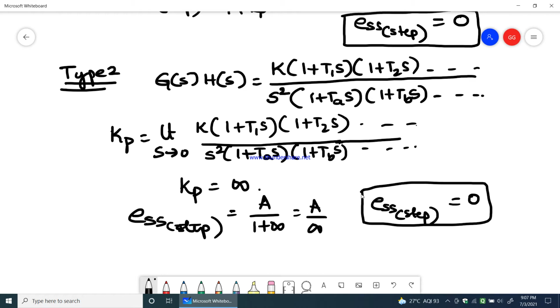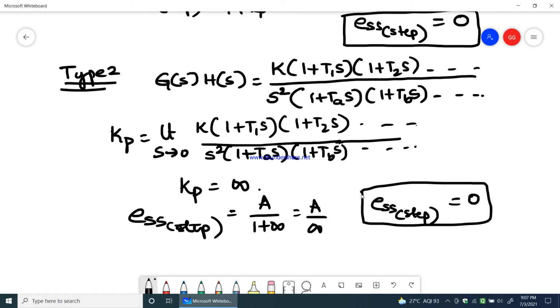So what does this mean? I have defined the steady state error when the step input is applied for type 0, type 1 and type 2 system. So what is the meaning that it gives you? When we derive a steady state error for any type of system, you should know which type of system should be used for step input.